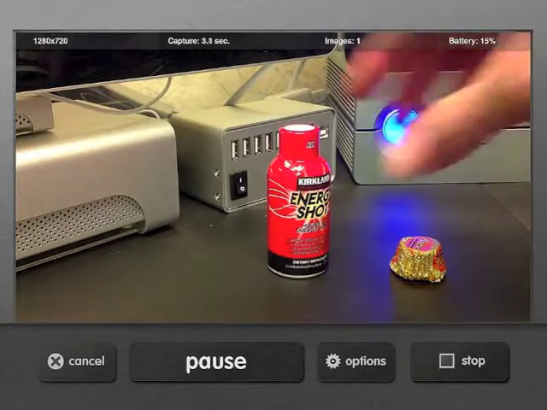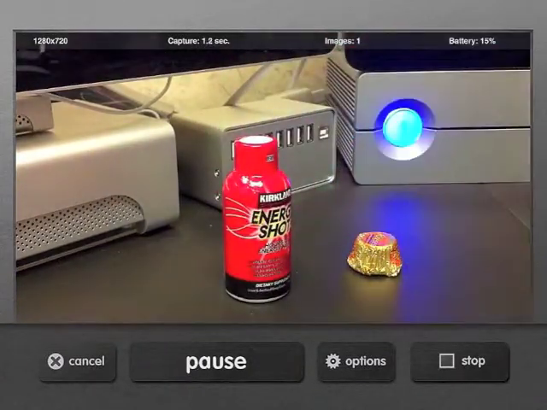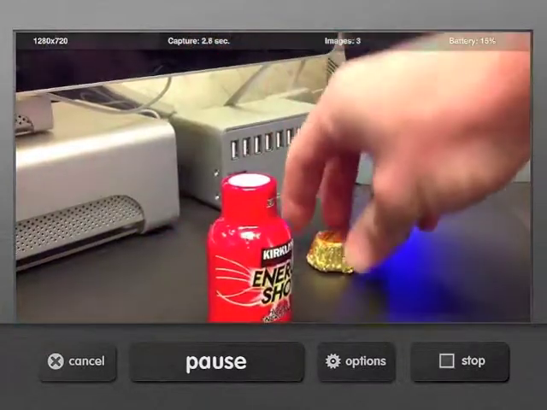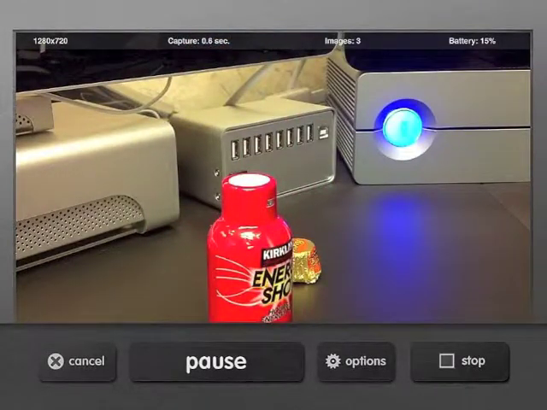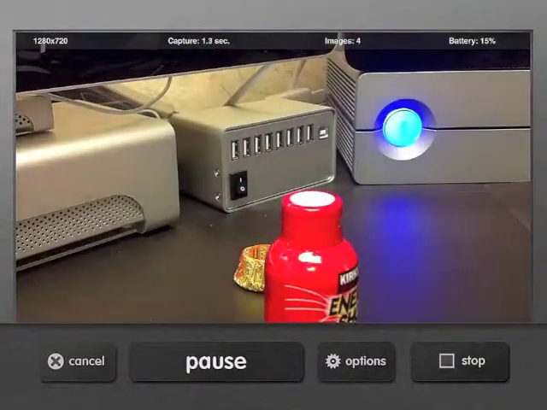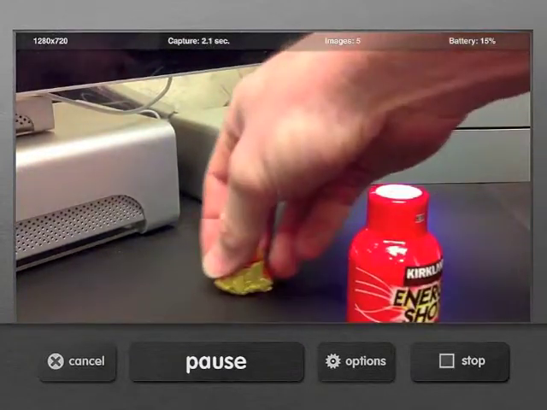Okay, complete with sound effects. I'm just going to move these a little bit. Get out of the way. And because my iPad is being held still in a little holder here, the only motion that will be perceived are my objects. So as I'm doing this quickie little one here of my candy chasing my caffeine, maybe some of you can relate to that,